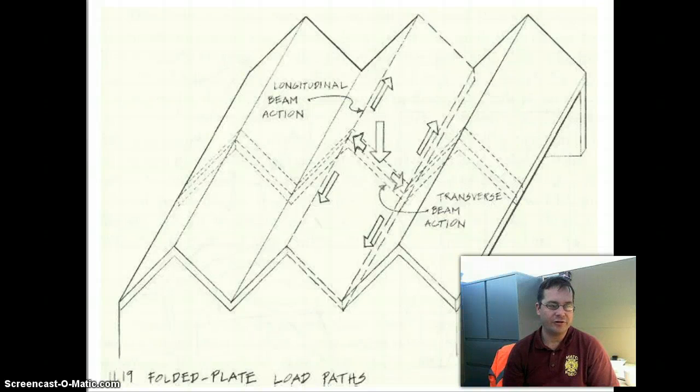Here's just an illustration of the folded sheet concept. You can see that the folded sheets act both as longitudinal beams and transverse beams. Again, it's using the strength of that material along two directions. Because it's an isotropic material like reinforced concrete, we can stress it in multiple directions and use its full strength